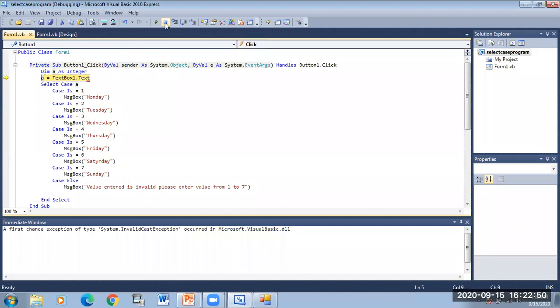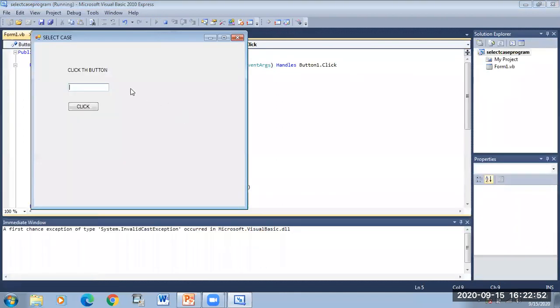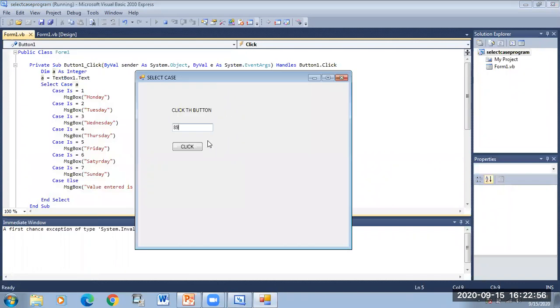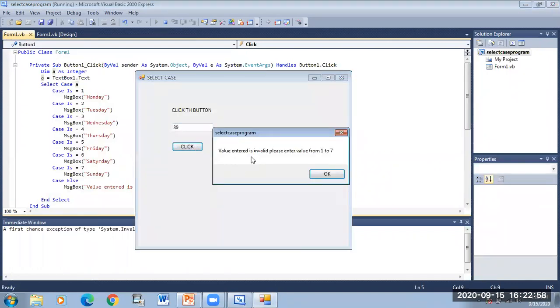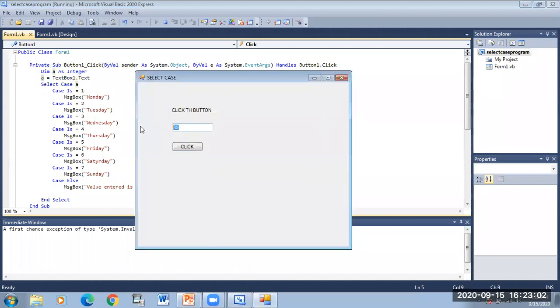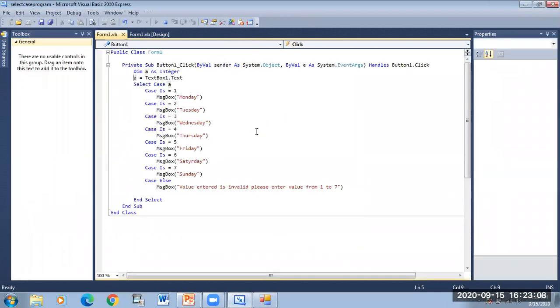Again, if the user enters another character or number, it will give the warning: value entered is invalid. Please enter value from 1 to 7. So in this way, it selects and compares the value and displays the result in a message box.